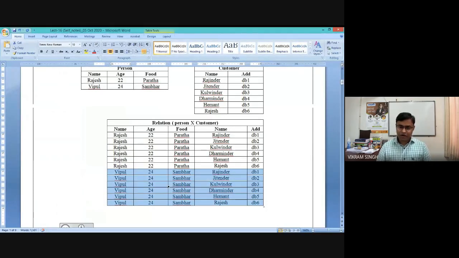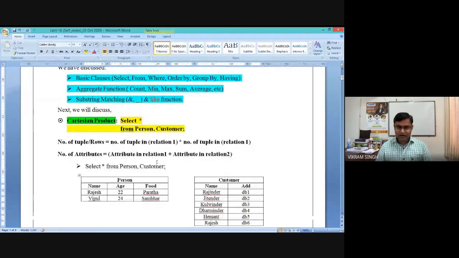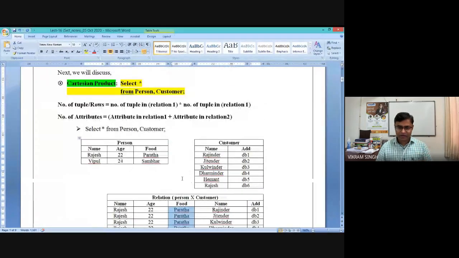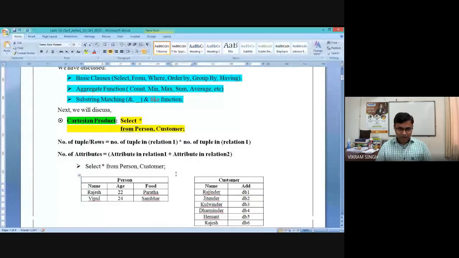Now you can see that because of this simple Cartesian product, it is creating a lot of repeated values. You can see that carefully here also. This is because we are creating a simple product, a simple combination. In the coming pages of these notes, we will be discussing how to get rid of these values.